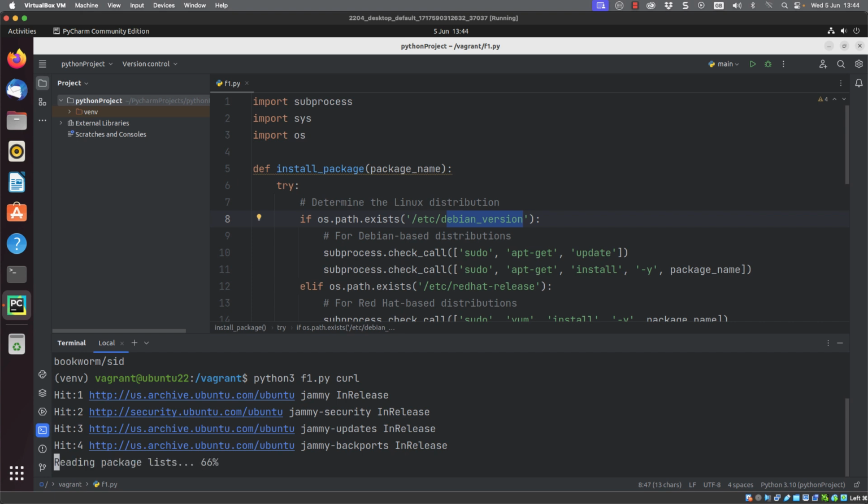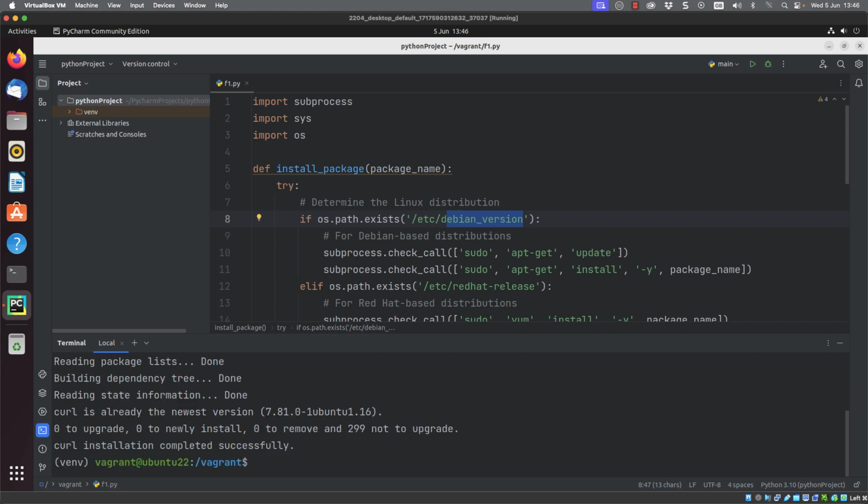But once our metadata is up to date, we can see that we're able to go through and carry out the install. We're at the latest version already, so it was installed. There was nothing that we needed to do, but you can see the process has worked correctly. Okay, this is it working correctly on a Debian-based operating system such as Ubuntu.